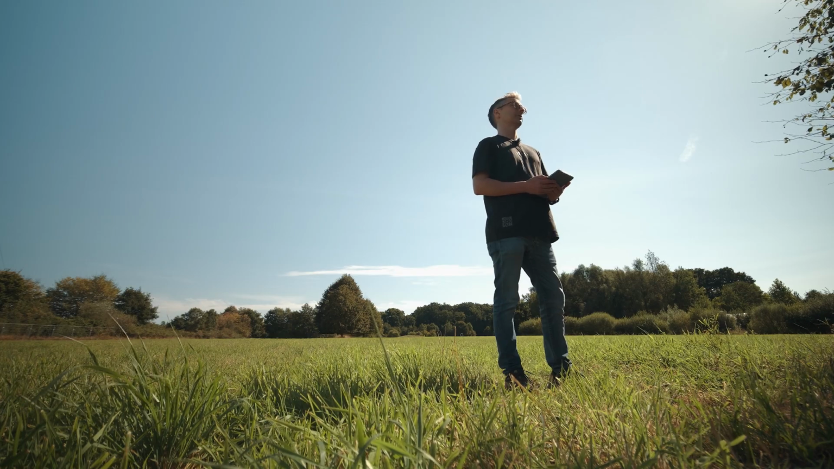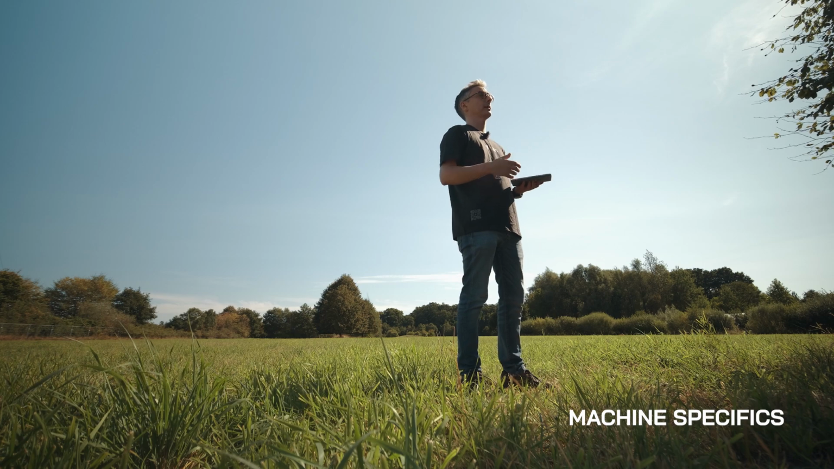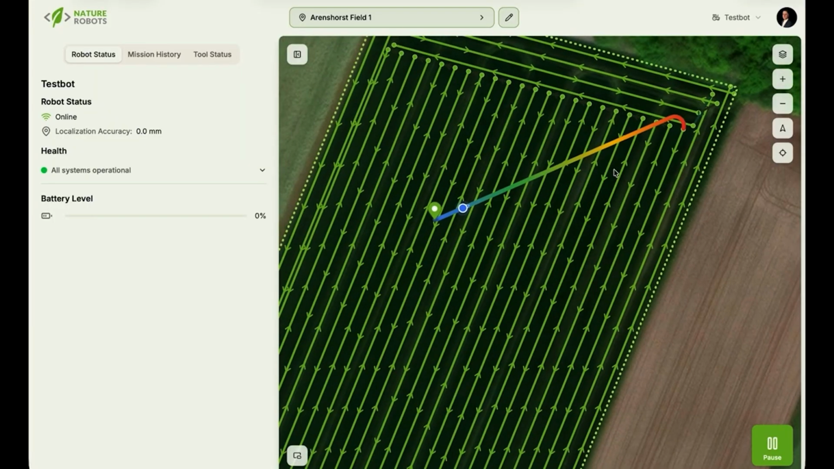My name is Santiago. I am an expert on field coverage planning, and I will be explaining the OpenField nav operating system from Nature Robots, and more specifically the field coverage planning tool that we are offering to our customers. With this tool, our customers can plan the routes that an autonomous machine would follow in order to